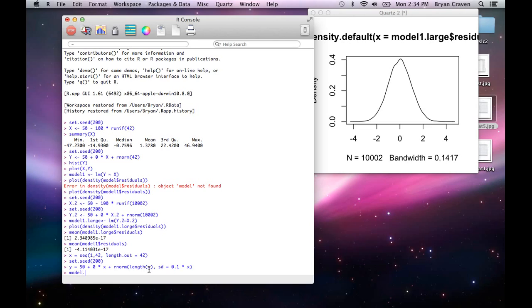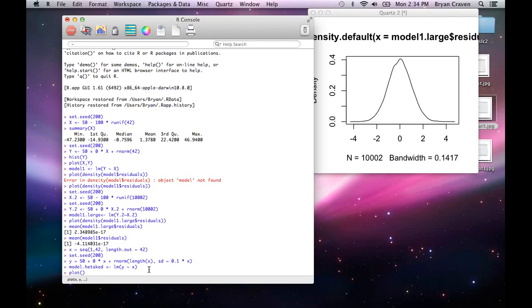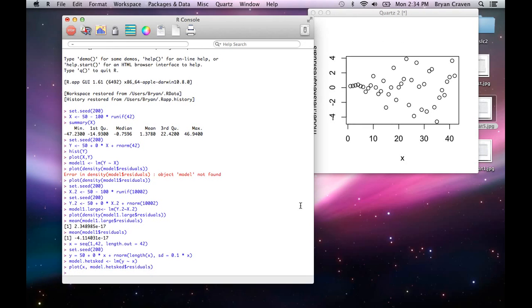So we're going to say model.hetsched for short. It's a great name. It is simply lm of y tilde lowercase x. Okay, and then we plot this. Say plot x, and then model.hetsched$residuals. Again, we're using the $ to tell R that out of this model we want to pull certain data. So we want to pull the residuals data, and we want to plot it in comparison with the x variable. So if we plot that, we see here that